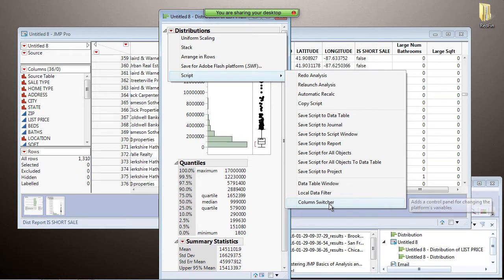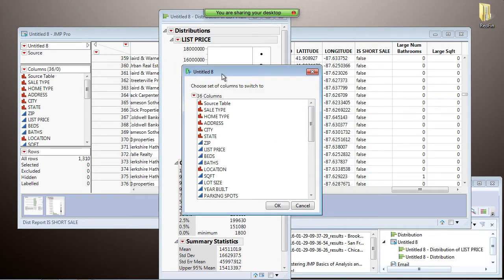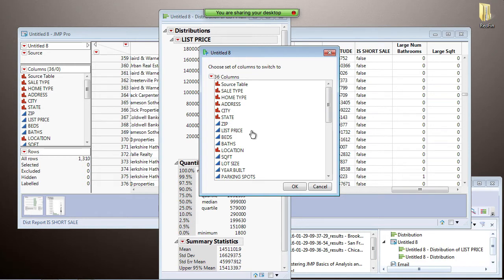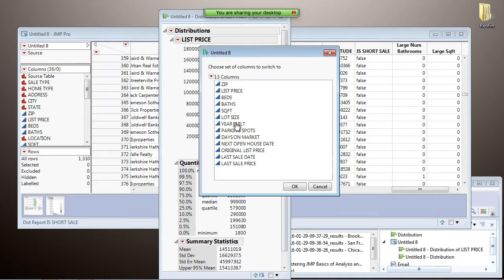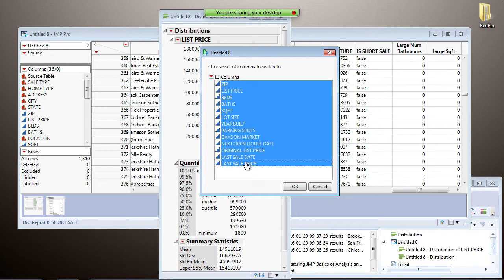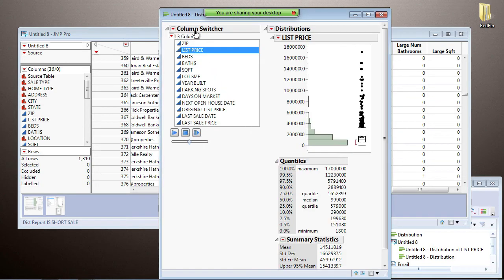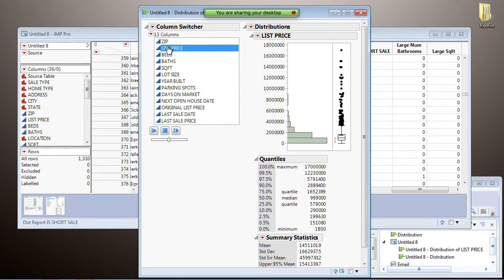What this will do is give us a little panel that allows us to switch in a different variable for list price. And if we wanted to, we can just pick one of these right now. But a useful feature in JMP is that you can pick many at a time. So I'm going to go to the red triangle, turn off the nominal columns, and select all the continuous ones. Again, imagine we're thinking of this generalizing to 10,000 different columns, but it's okay that we only have maybe 30 here. I'm going to click OK, and what I get is the column switcher panel, which now